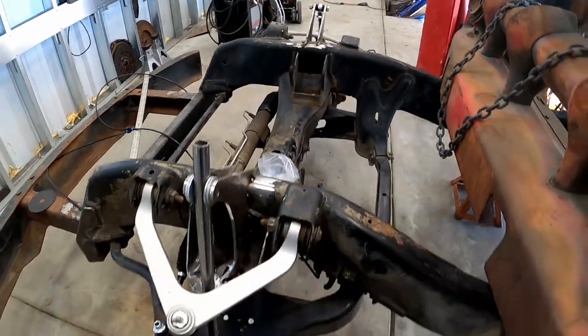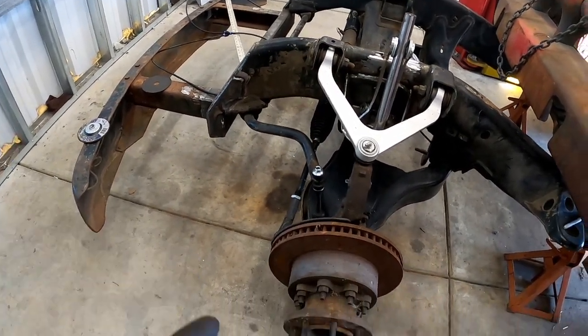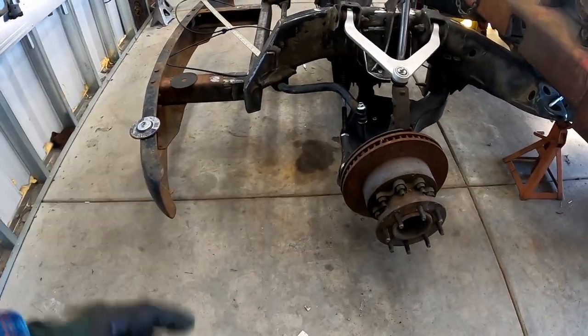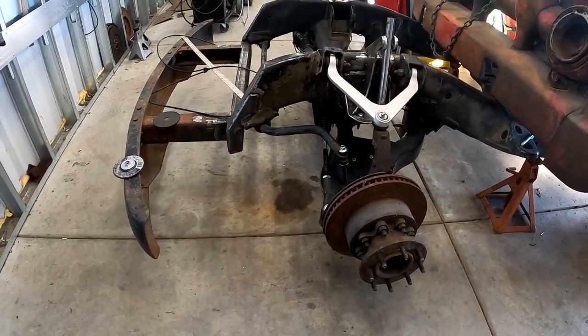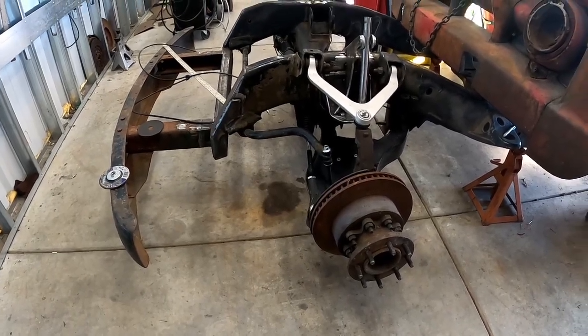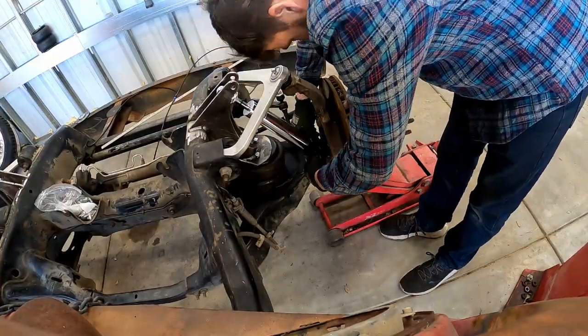And then I will be reassembling it and installing new brake discs, putting the calipers back on, and setting it back on the ground. And I think for the most part, we won't be messing with the front end too much after that, until we start marking up where the radiator is gonna sit. So let's get started by tearing out the bag on the passenger side and the